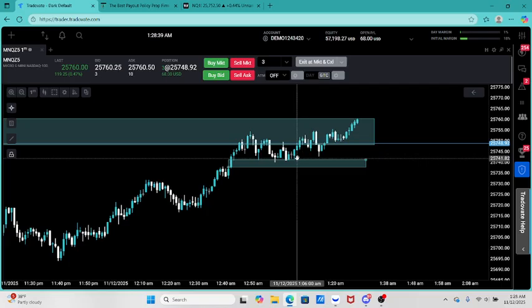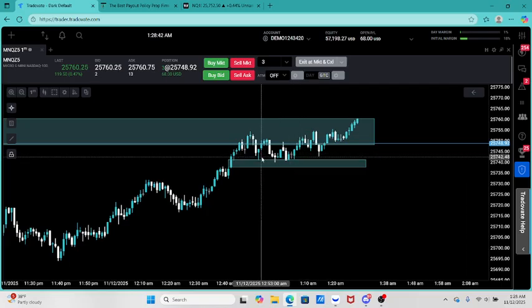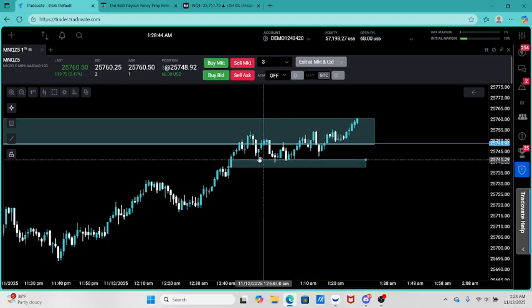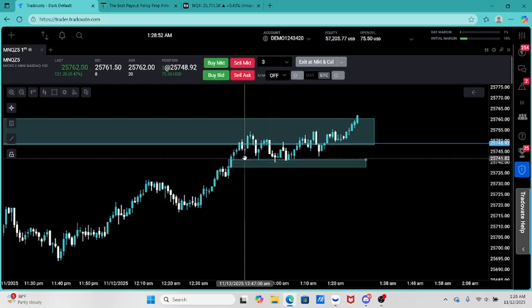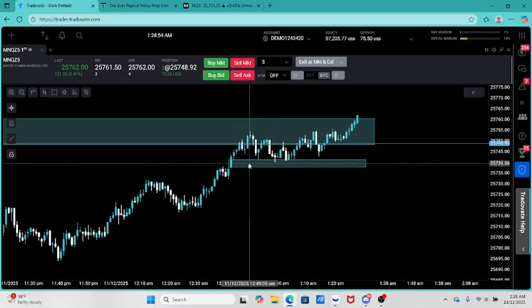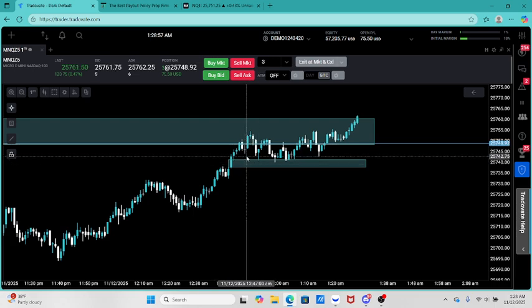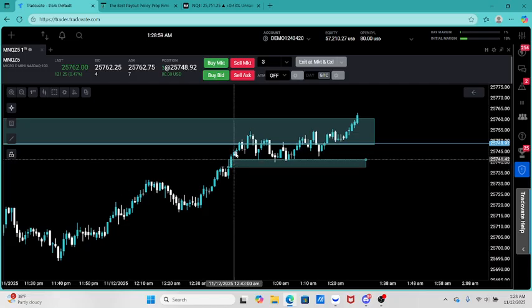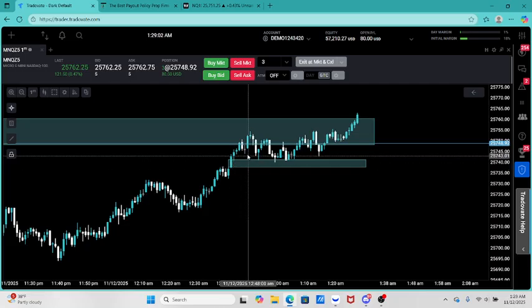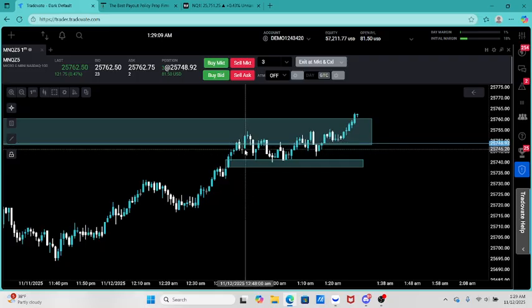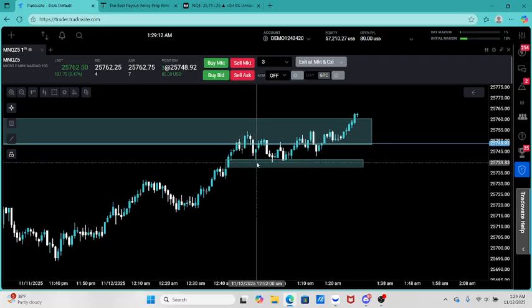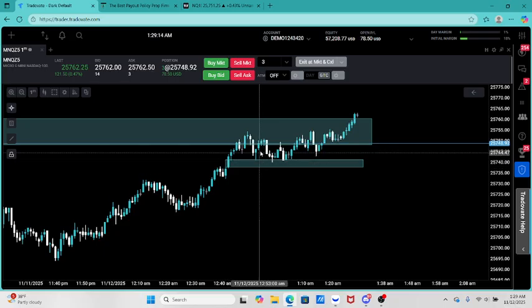It could, but it could also reverse. So it came down into this low. We came up, took out a low here, came up, took out another low. So think about the people who entered on this fair value gap, or even this one. They came up that small retracement and then that move higher. A lot of people probably got in there, or even on this gap, and the people who got in here and here got taken out of the market, and then they probably tried to re-enter. We came up,